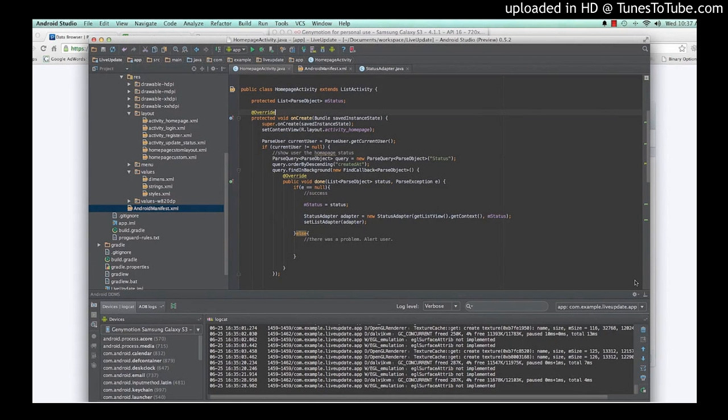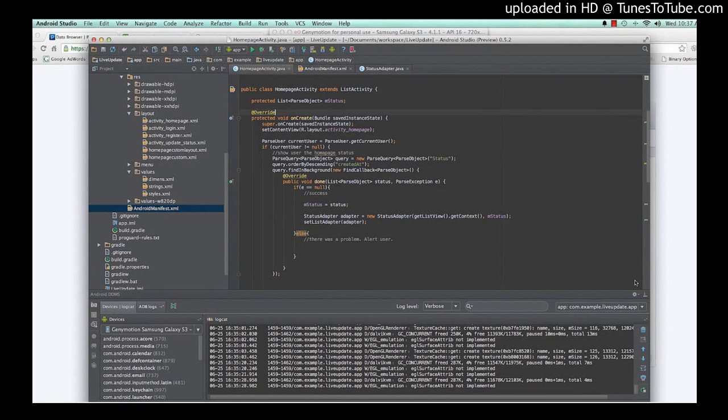What I like using, some people like putting extra the string itself and taking it to the next, which is pretty fast. But for me, I like using server-based operation. So when I click an item, for example, let me just show you real quick. I'm going to say on list item click, and in here, once the item is clicked, let's get its ID, and we're going to say that by saying parse object, status object